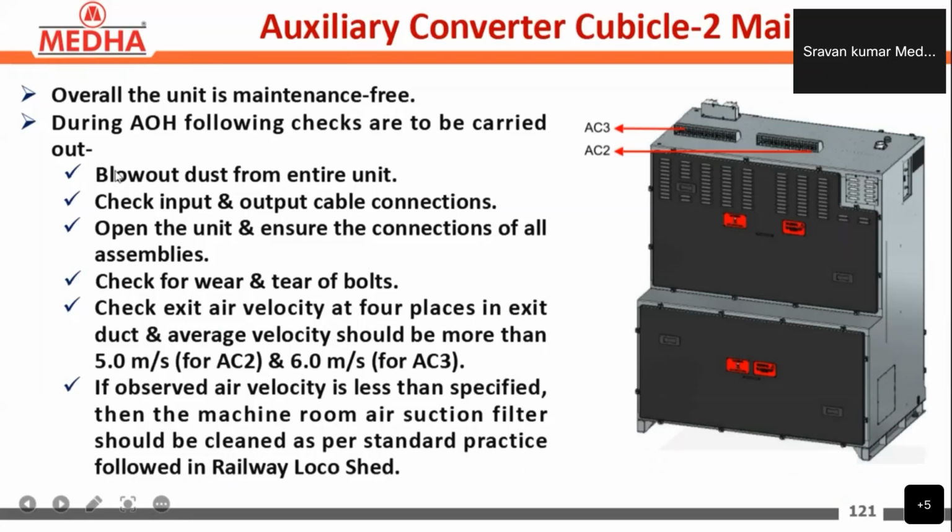In the same way, auxiliary converter 2 also. The overall unit is maintenance free. During AOH, the following checks are to be carried out. Blow dust from the entire unit and check input and output cable connections, open the unit and ensure the connections of all assemblies,